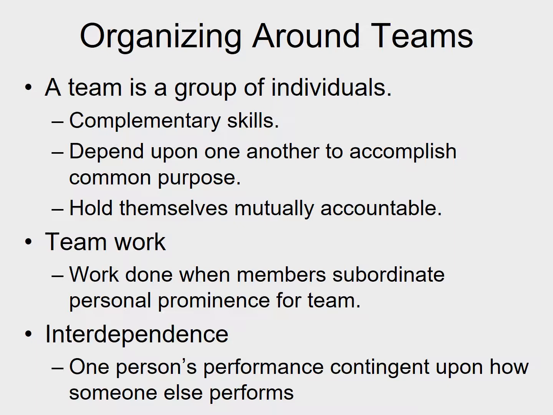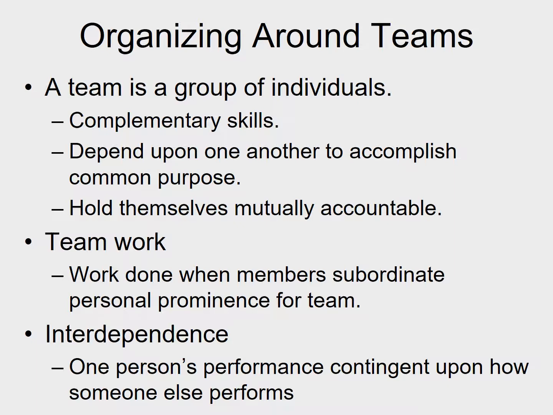Each person is providing information about their skill area to inform other people to use their skill areas even better. The second factor in how we define a team is that it's dependent on one another to accomplish a common purpose. We'd call it a work group if you have 6 people together, they're all engineers, they're all working on individual projects, and they may talk a little bit with each other to get ideas, but for the most part, they could easily complete their tasks without ever having to access the skills of anyone else in that group. I would argue that's not a work team, that's a work group.